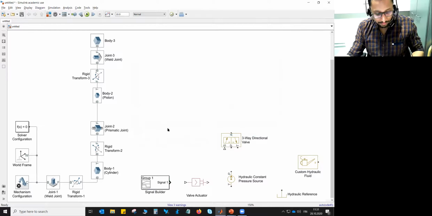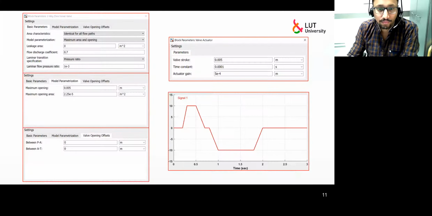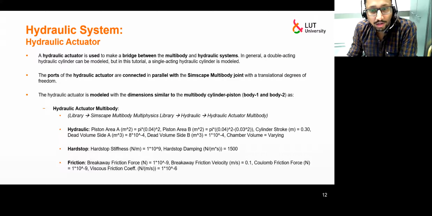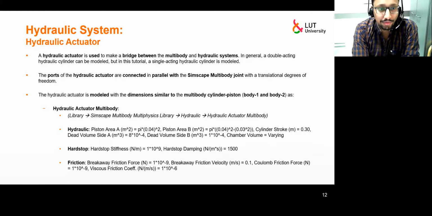Now, if we go back to the slide, we need another component, which is a hydraulic actuator. So what does hydraulic actuator do? As I already told you in the beginning, it is used as a bridge between the multi-body system and the hydraulic system. In general, it's a double-acting hydraulic cylinder or a hydraulic actuator, but in this case, we will be using a single-acting hydraulic cylinder.